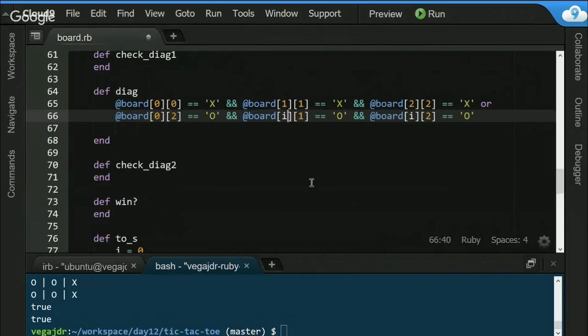And I changed the O's to X's. And 1, 1, and